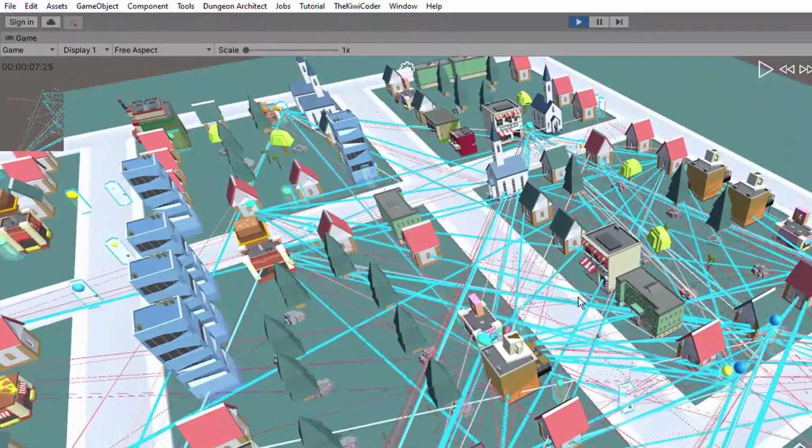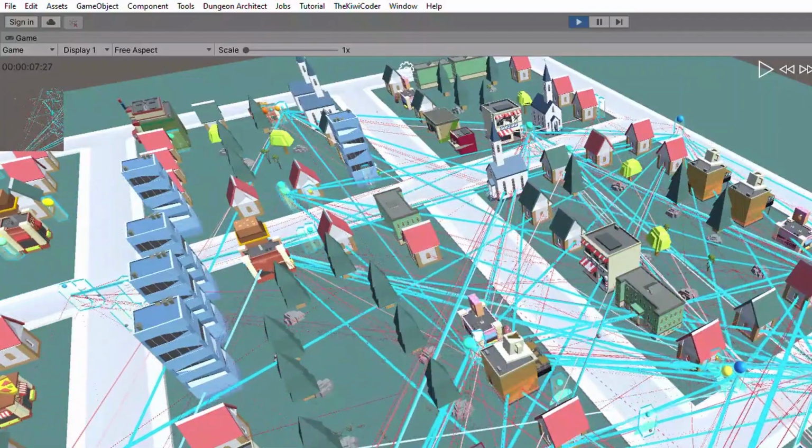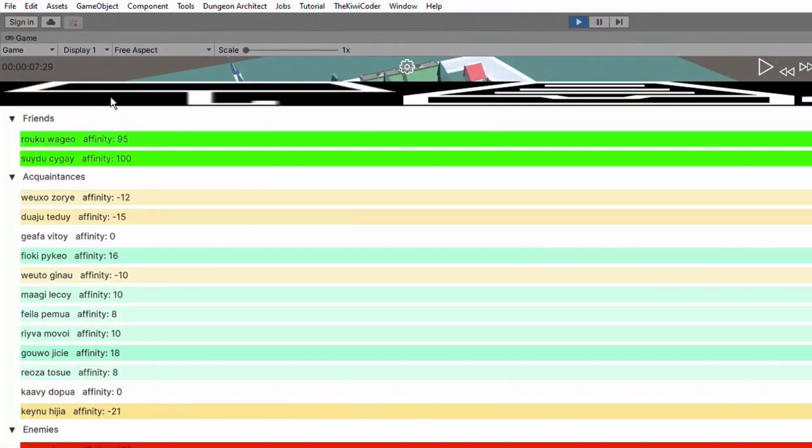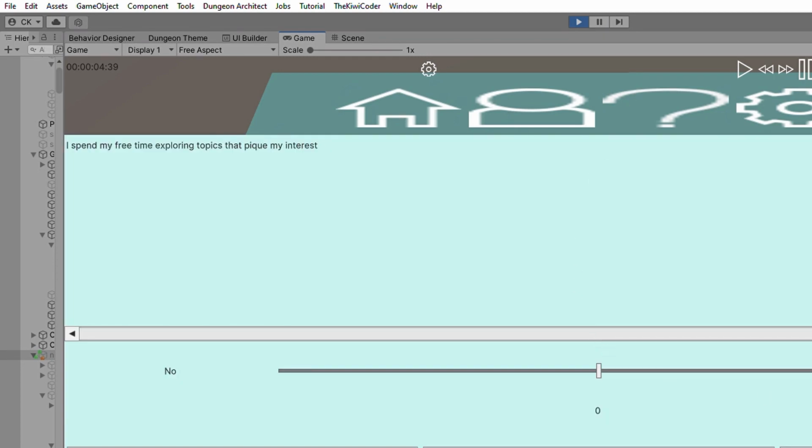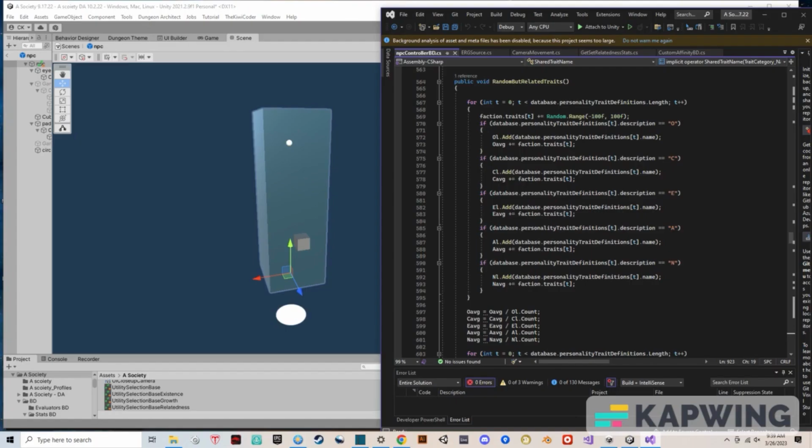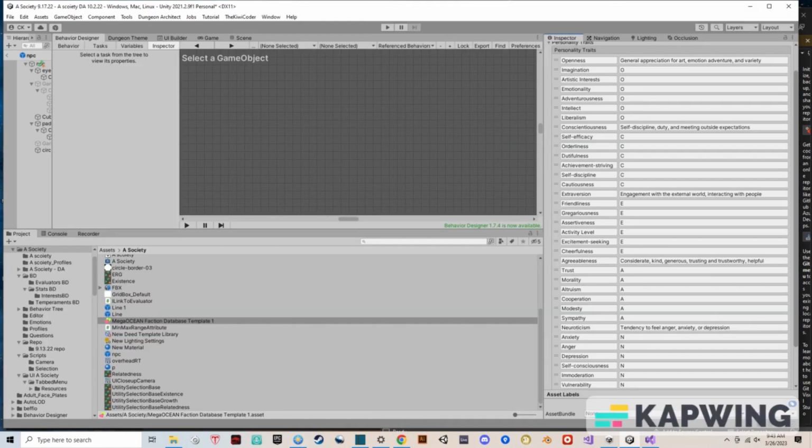The basic elements of AMS include individuals, environment or resources, visualization of relationships, and player input through a self-rating system and quizzes designed to establish an objective player profile in terms of personality. Let's start with individuals, or NPCs. The personality is based on an expanded Ocean model of personality. There's openness with 6 subtraits, conscientiousness with 6 subtraits, extroversion with subtraits, agreeableness, and neuroticism.